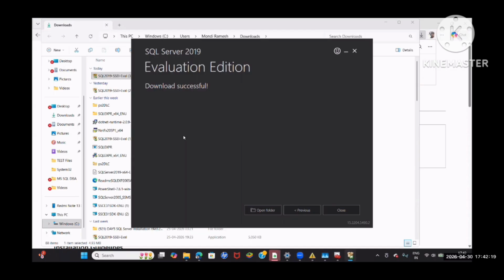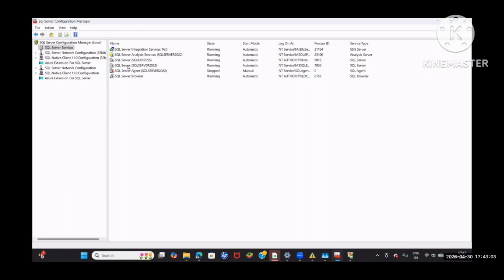On every server, one default instance and 49 named instances we can install. Whenever you select the database engine, by default you will get two services. One is the SQL Server service, and the other is the SQL Server Agent service. And what is a service account exactly? Very important, very important is the service account.